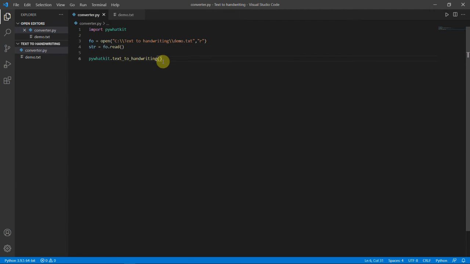So I will write first str comma, and inside the double quotation you must give the location where you want your file to be stored. So I will just copy the same location and I'll paste it here, and I'll change it to output.png, and then after this I will have to give an RGB value in a square bracket which will be 0, 0 and 0. So we will get a black color. So this is the code. We will just run it and see.